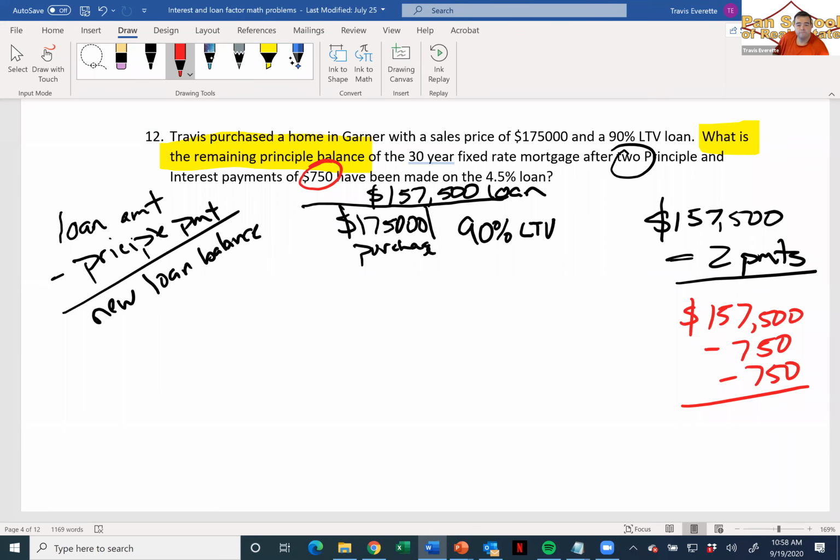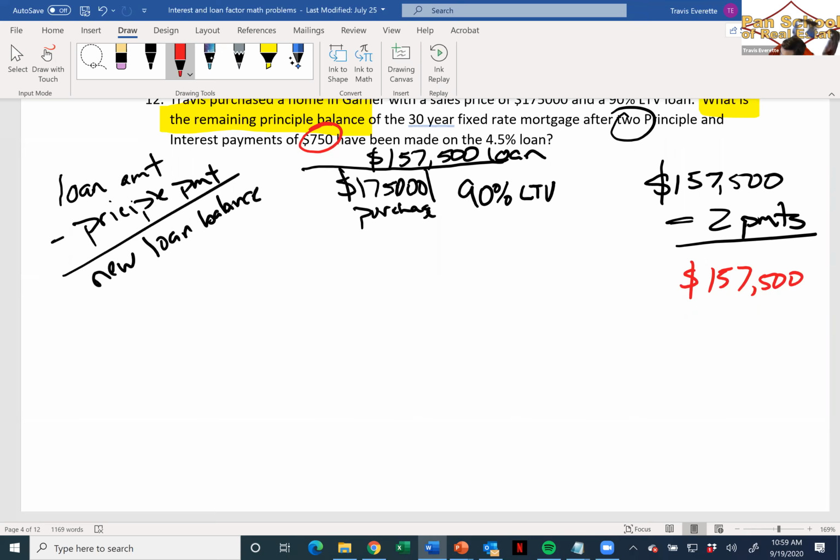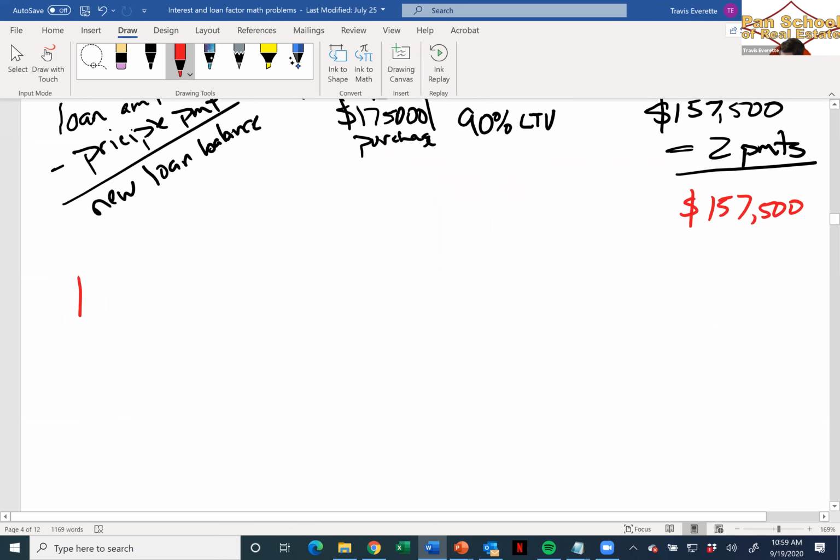Wouldn't that work? No, because a lot of those payments are going toward what? Interest. See, this doesn't make any sense because we know that a lot of that 750 is actually going toward interest on a monthly basis. So here's what we need to do. Figure out how much is going toward interest and skim it off the top first. Does that make sense for everybody? Let's get rid of the interest. So let's look at payments, and I'm just going to label them as payment number 1 and 2. We're looking at number 1 right here.